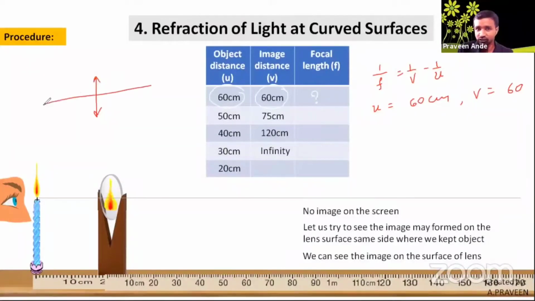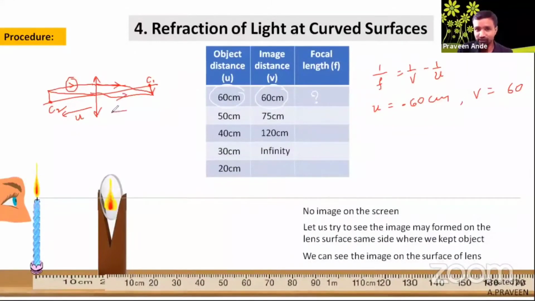What type of image is observed? Here at the same distance it is given. So when will we get the image at the same distance? If the object is placed at the center of curvature, is it? So here the object is on the left side, the object distance is measured in this direction, opposite to the incident light ray, so u is negative, so u equal to minus 60. What about v? It is a real and inverted image at the center of curvature. So this is the ray diagram here.